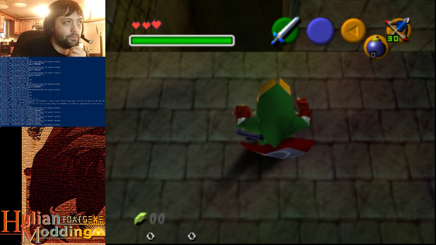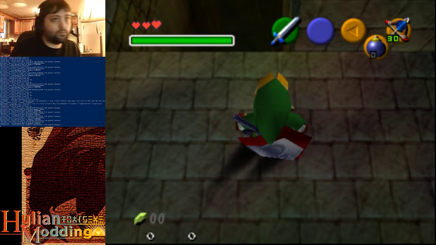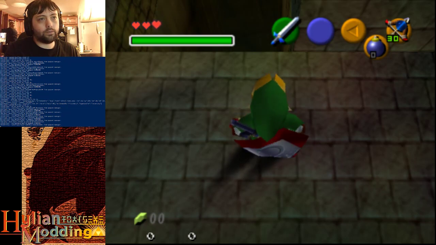No, we need the exit list. The exit list is basically a list of all the exits where you can exit from the scene. How do you get the exit list? Simple. You go to the